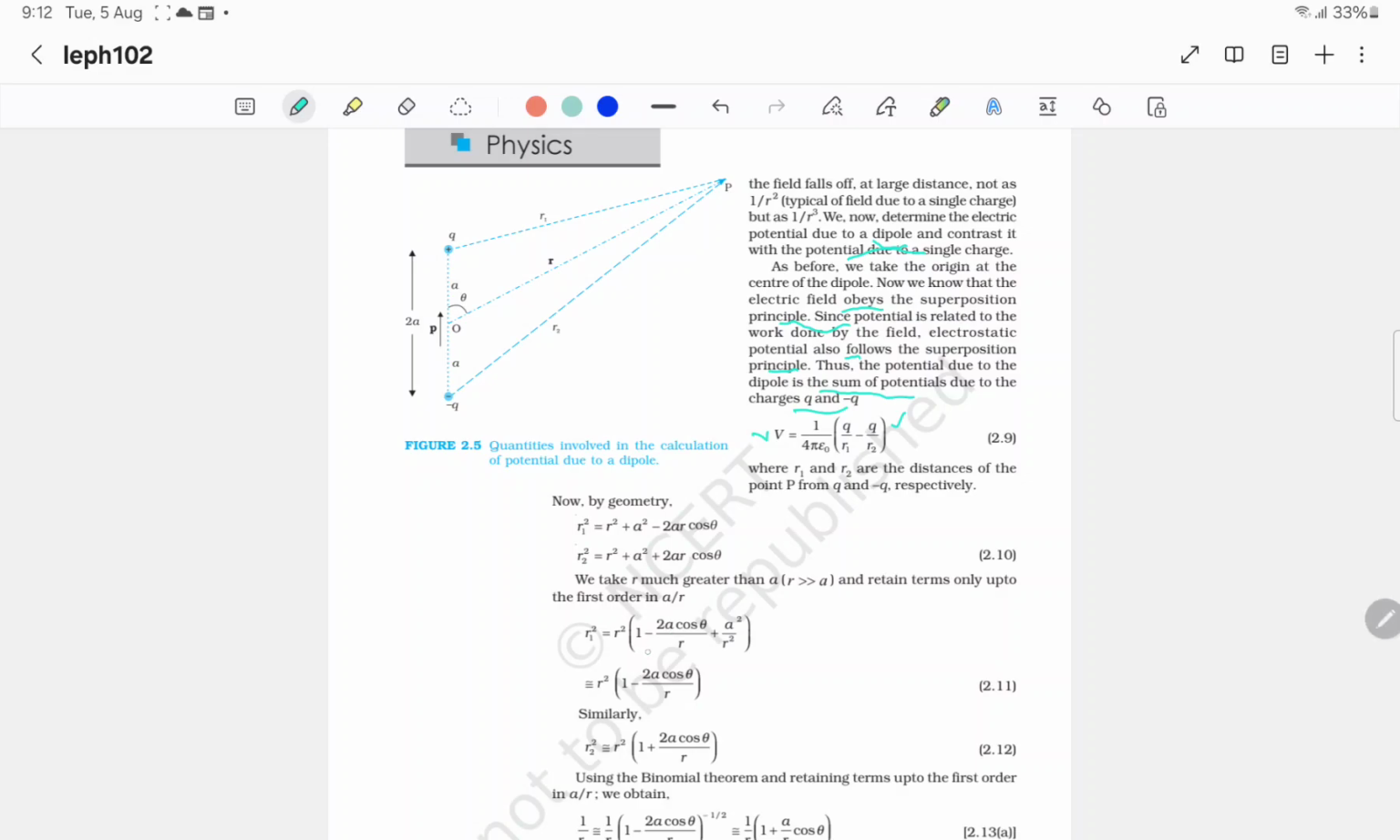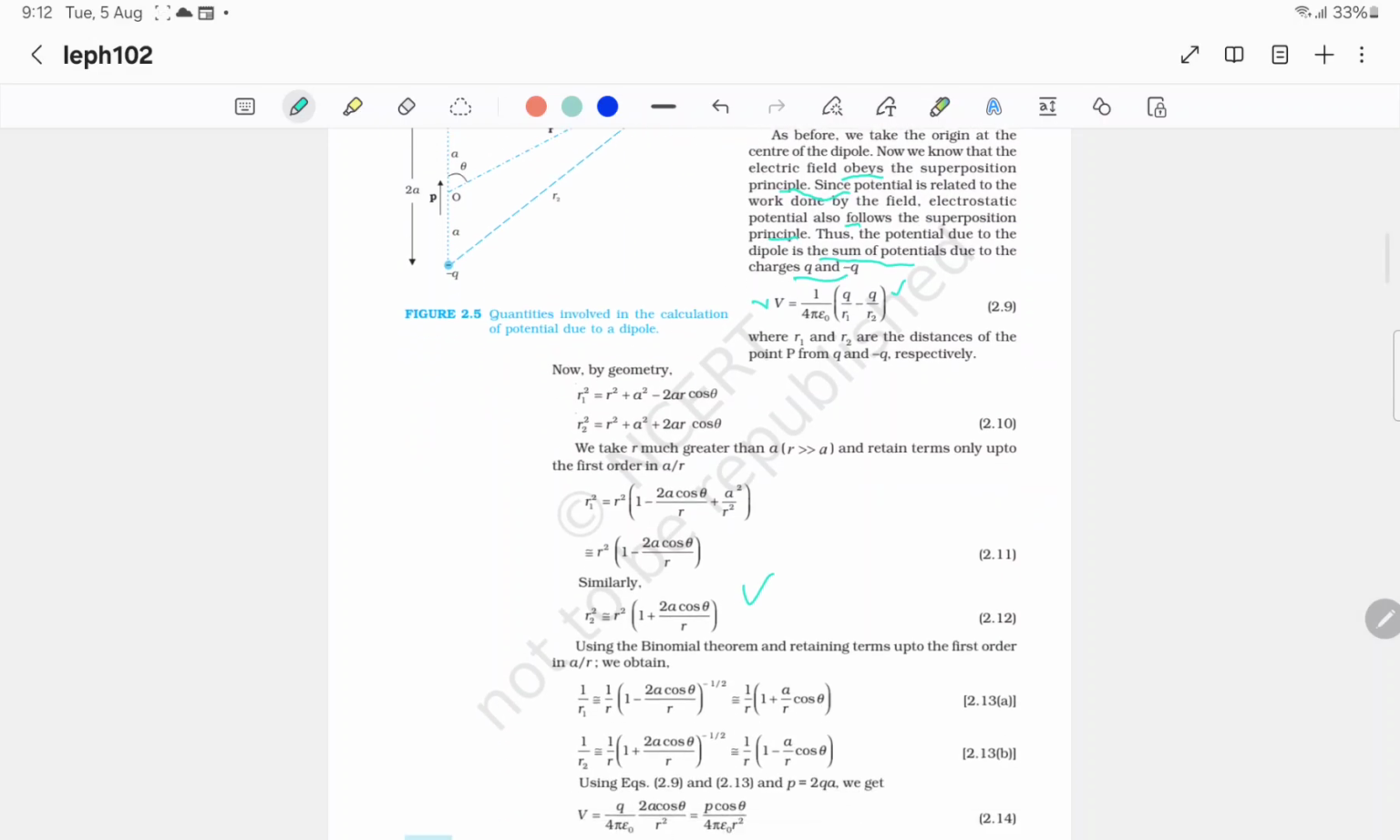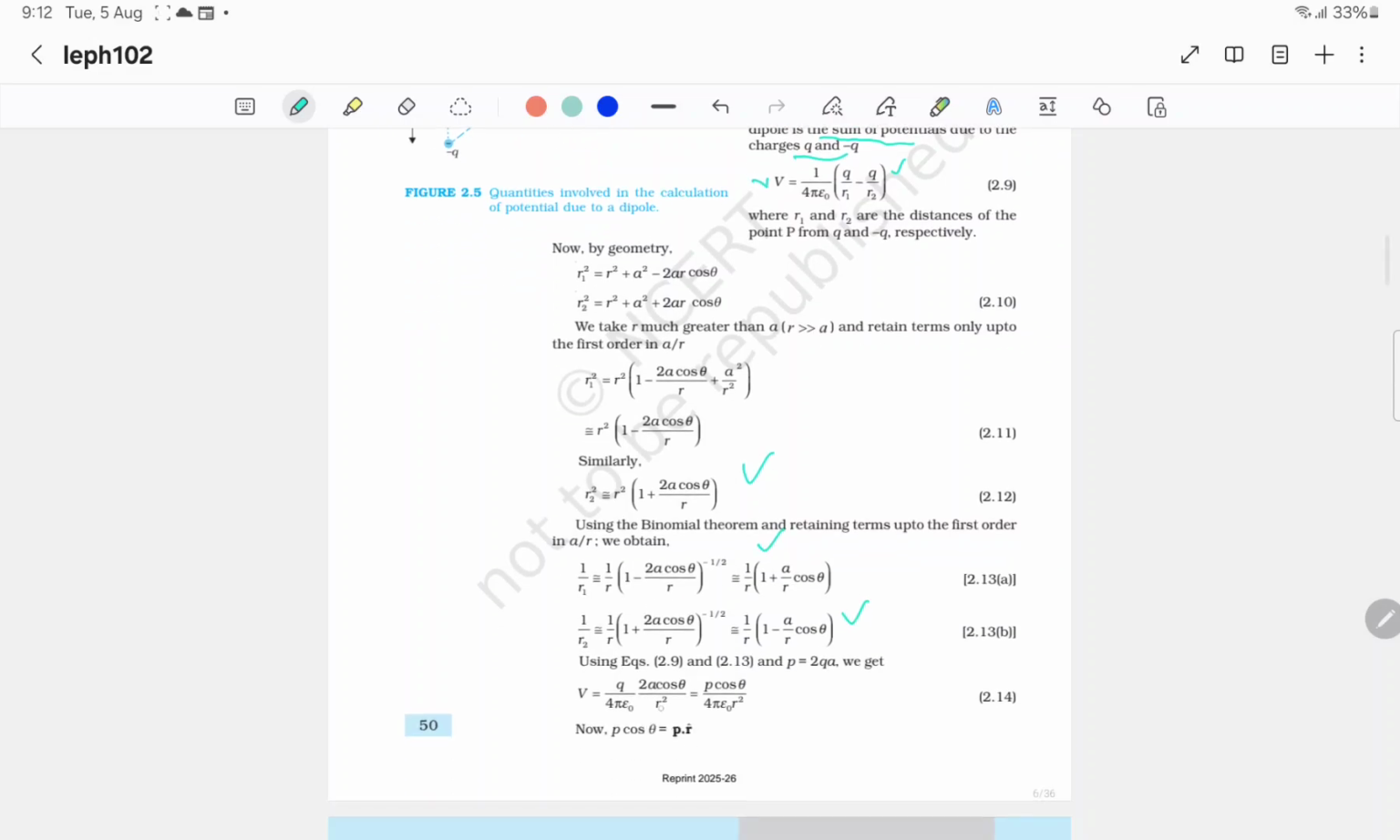So r1 square is equal to r square times (1 minus 2a cos theta upon r plus a square upon r square), and similarly r2 square is equal to the corresponding expression. Using the binomial theorem and retaining terms up to the first order in a by r, we get 1 by r1 and 1 by r2. So V is equal to q times the difference. Now putting the values of 1 by r1 and 1 by r2, and p is equal